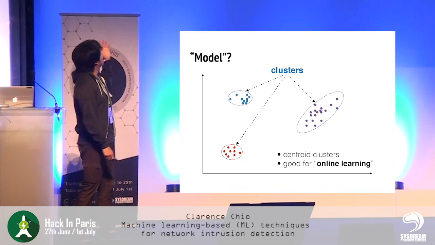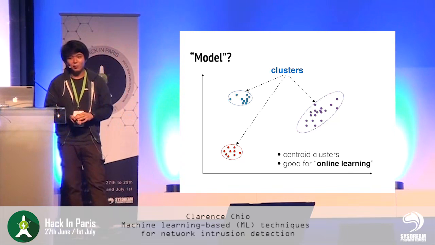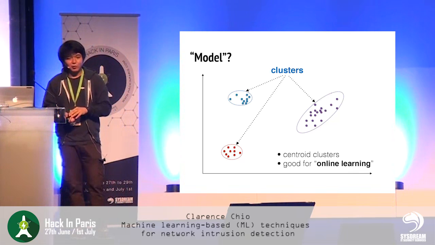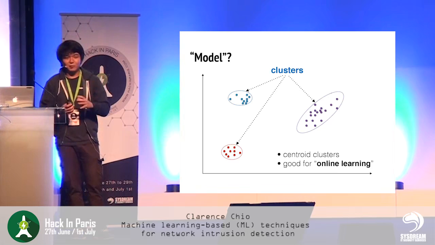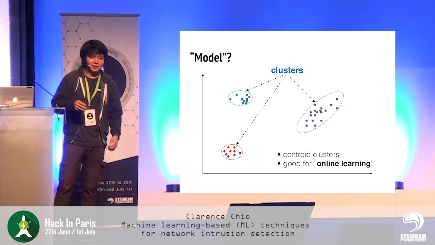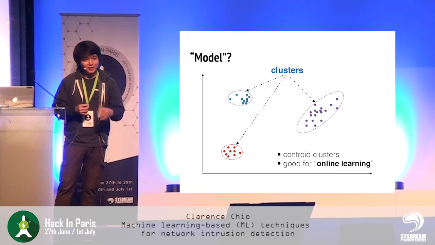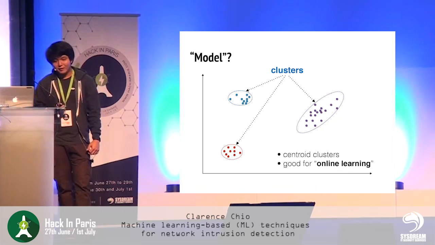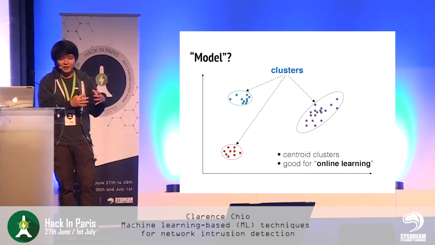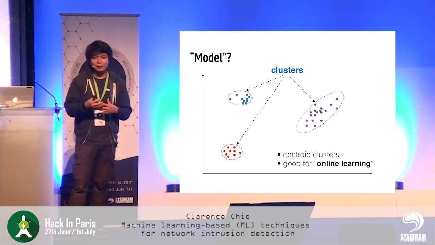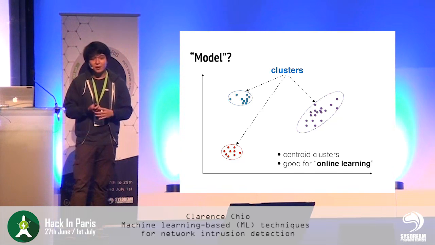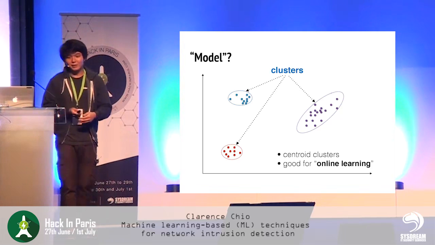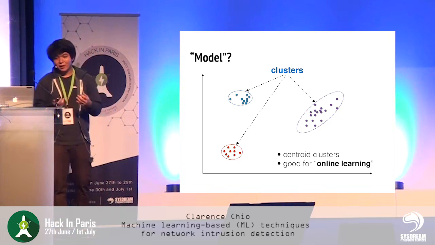When you have clustering, it means that when you map a particular event or data point into a particular dimensional space, in this case, it's just a simple 2D space. You have the x and y axis. When your points map onto this feature space, there will be clusters of points that hopefully will form. And each of these clusters have some kind of similarity measurement between them according to the x and y features that you have defined. And once you have determined a centroid of clusters, then anything that lies outside of these clusters within a certain threshold of your error prediction will basically be defined as anomalies.